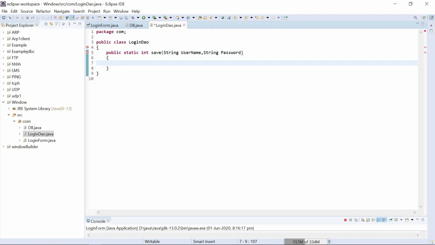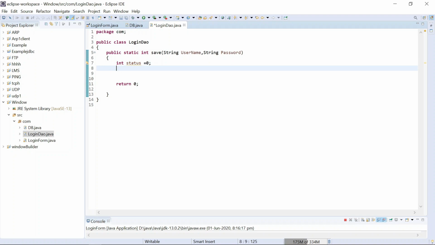Yes, right. Now it's throwing an error, return statement. Yes, of course we need a return statement. And now I'll be using just a variable. I'll tell you what's the use of this. And after this